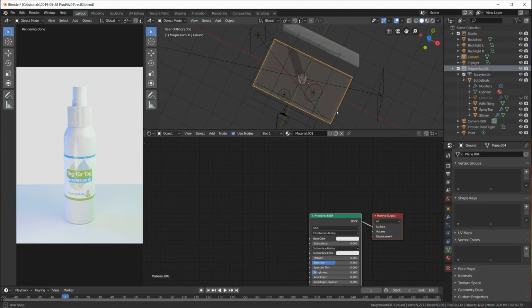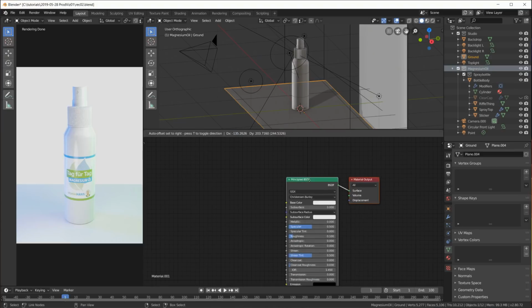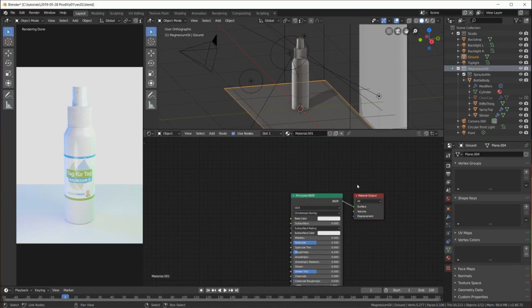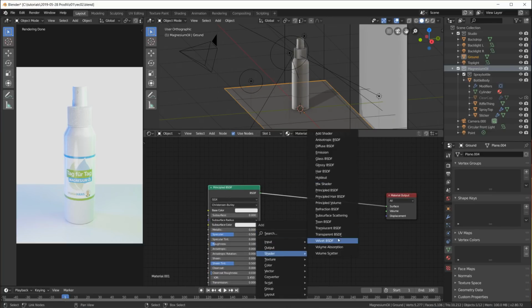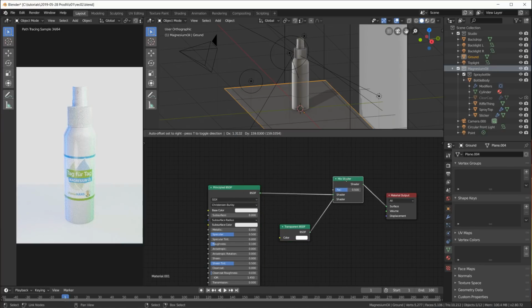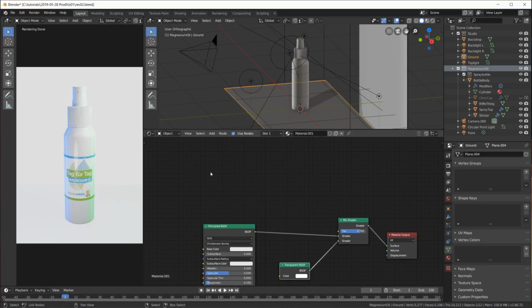Well, what I want to do is I want this ground plane to be transparent in the back here, and really just this material, this principled material, in the front. And we can do that by, first of all, adding a transparent shader and mixing that in. And now we have this mix factor. Here we have 100% ground plane material, and here we have 100% transparent material, so we have this floating effect. And now we use this mix factor here to make it fade out in the back, or fade to transparent